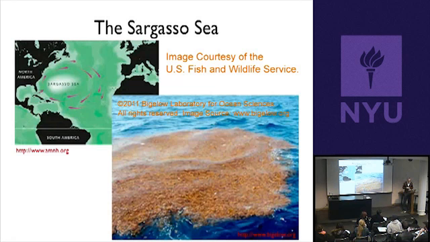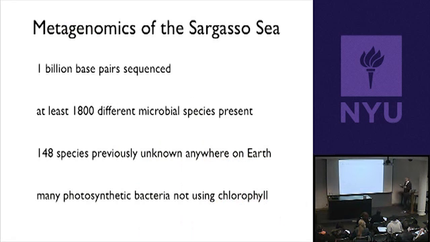They got 1,000 gallons of seawater from this area. They sent it through the filter. They sent it back to the lab. And then they sequenced it as if it were the human genome. So they sequenced in total 1 billion base pairs of DNA, so on the scale, basically, of the human genome. What did they discover? Now remember, each one of those sequences potentially comes from a different organism. And what you can do is say, does this sequence match something in the database? Does it match something else that comes out of this filter? And by doing those comparisons, you can figure out approximately how many organisms were in that sample.